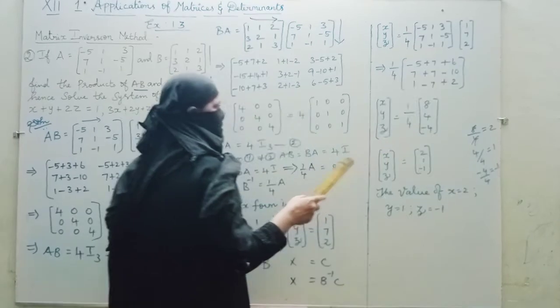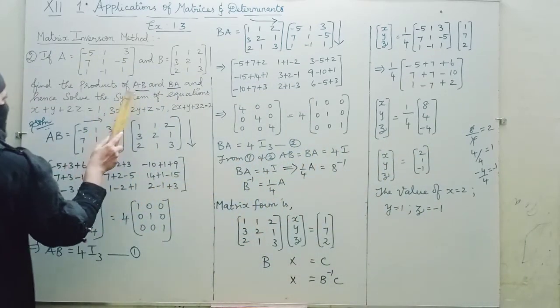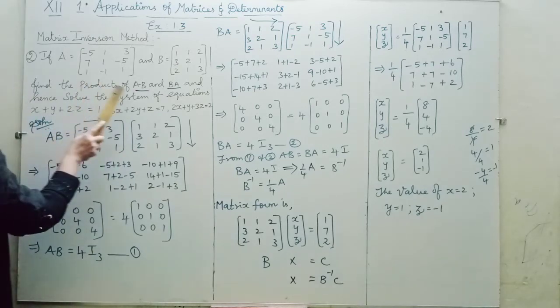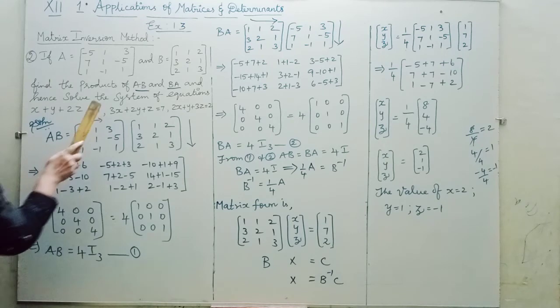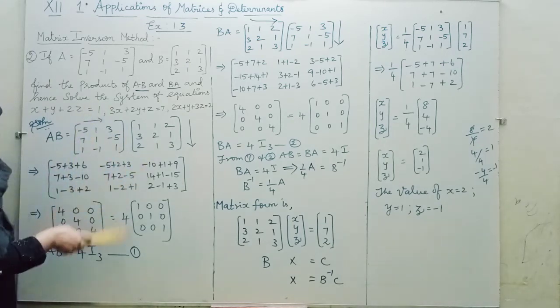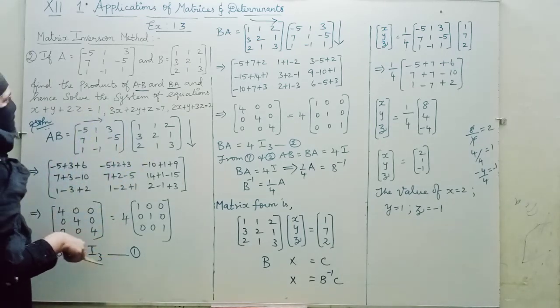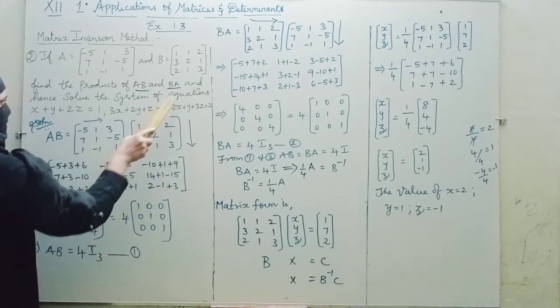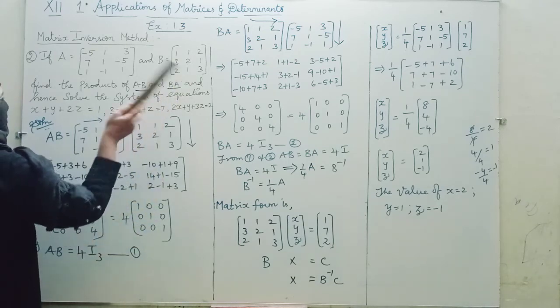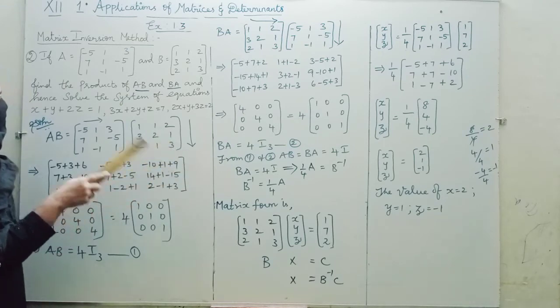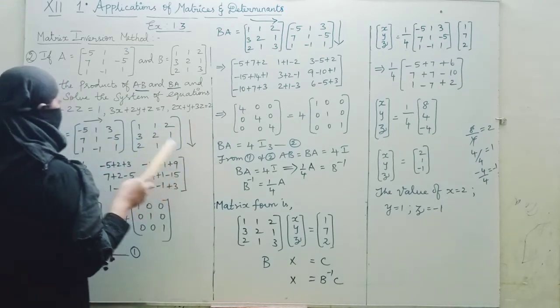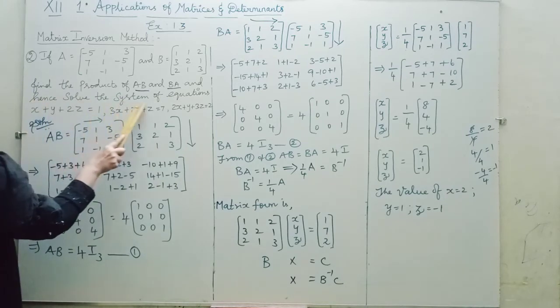Once again I will repeat this sum. In this sum, two things they are asking. First we want to find out the AB by using the matrix product. A and B value you can put it and multiply it and you will get one answer. That you can simplify it and keep it as first equation. And then take it as BA. First put the B value and then A value, multiply together and then find out the BA value. After finding the BA value, hence solve the system of equation.